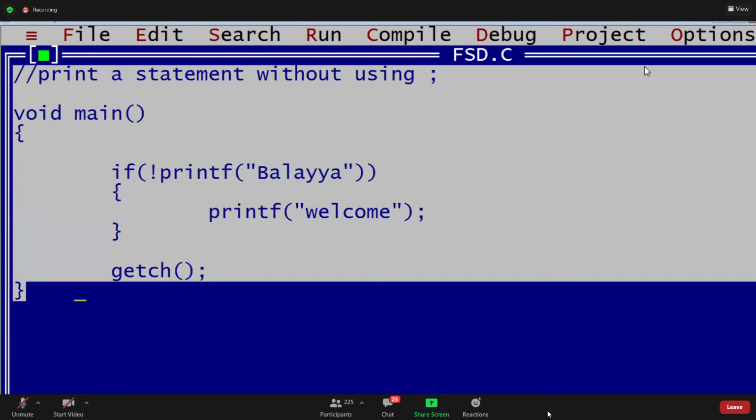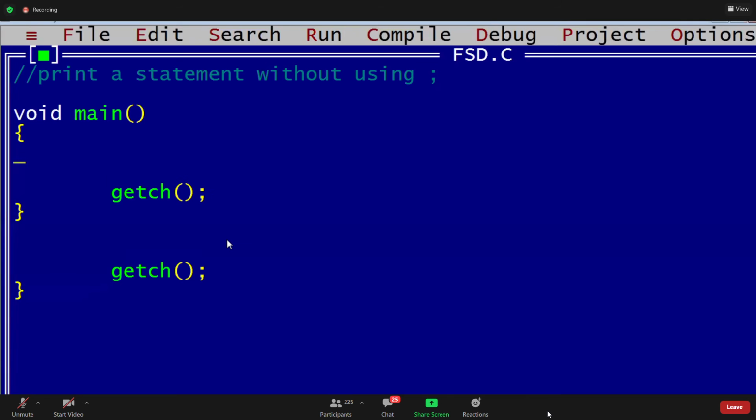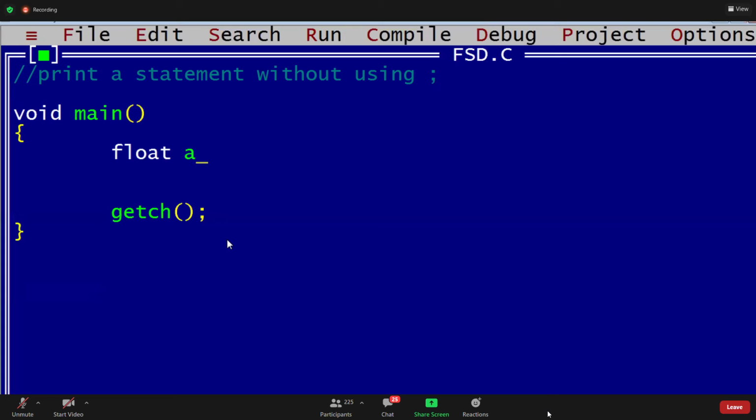Guys, next one. If else, guys. See this. Float a equals to 0.7, guys. If a is less than 0.7, if else, you know this already.